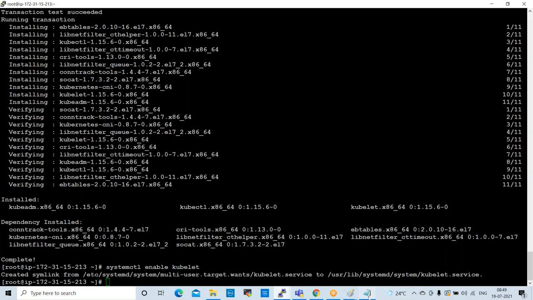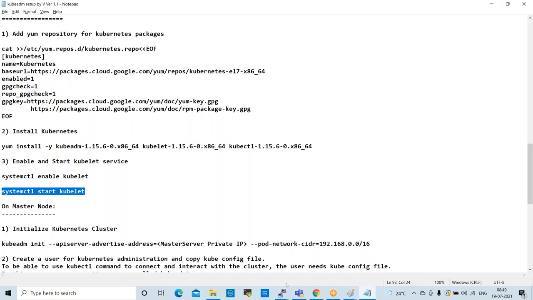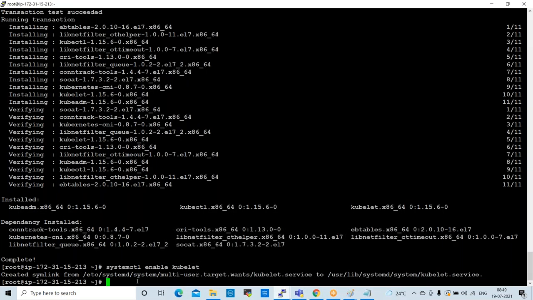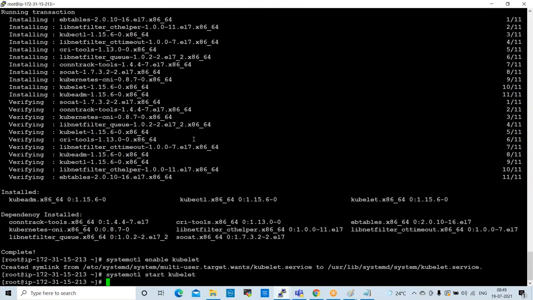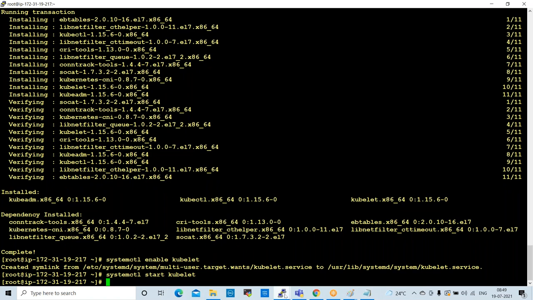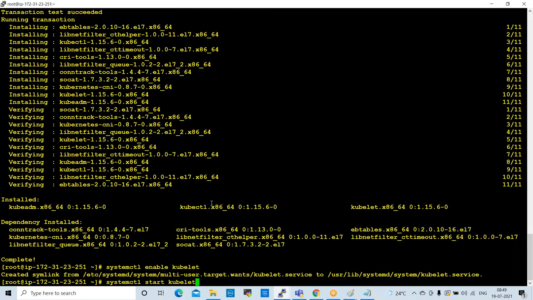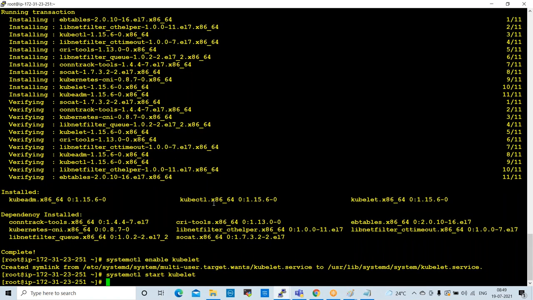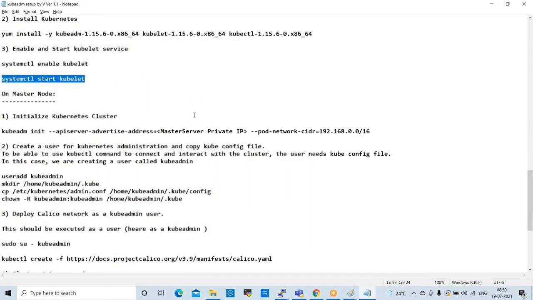So next command is, start kubelet service. So these steps are very important. If you miss any step, the cluster will not build. A cluster will run only if all steps are done. If you miss even one command, you cannot join the cluster. Right? So these are the commands which we need to execute on only master.